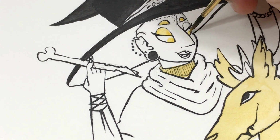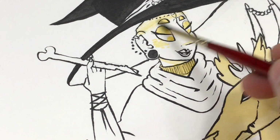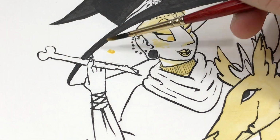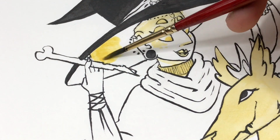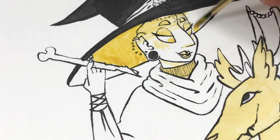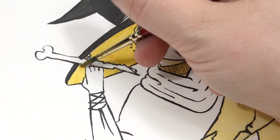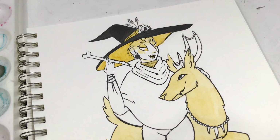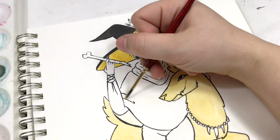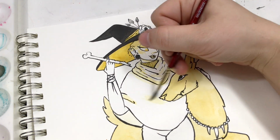And looking at the actual piece in front of me, now that it's had time to settle, I don't think this piece is the worst thing I've ever done, for sure, but I feel like this would have been a little bit better if I would have taken more time in the line art. I'm a chronic rusher. I'm very go, go, go, and I feel like if I'm going to be doing line arts in brush pen and more work with watercolors, I need to try to find a good balance. But I wish I would have had some other colors to mix in with this watercolor. This really is a one color challenge,